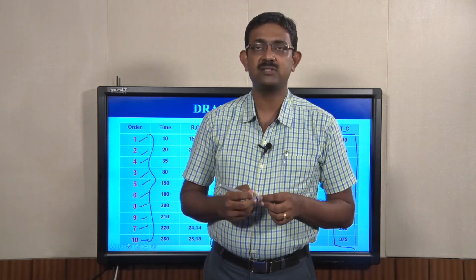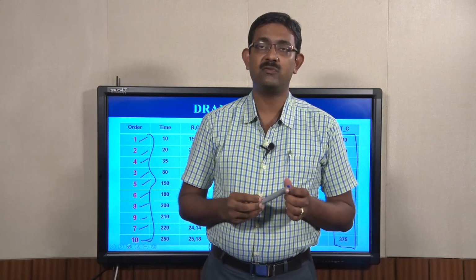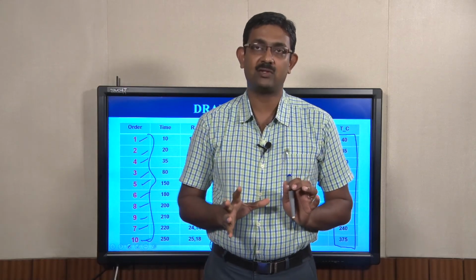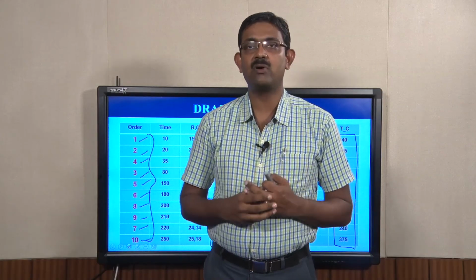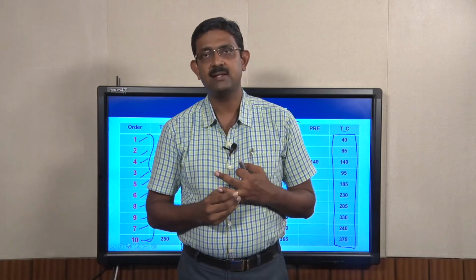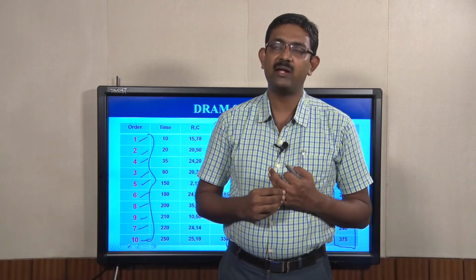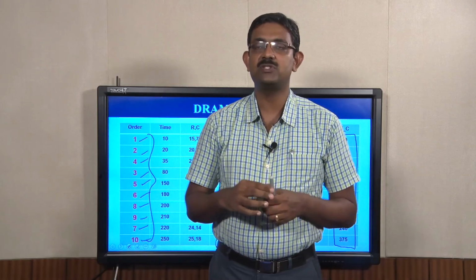FR-FCFS is the most common scheduling algorithm that is followed. When you are done with a request, look into the queue, see the set of requests that are available, and pick up the request which is going to have an exact row match. That is, the row number of the incoming request is the same as the row that is currently kept open in the row buffer. If you are not able to get a match like that, then you go as per FCFS scheduling. This is the way in which it has been done.